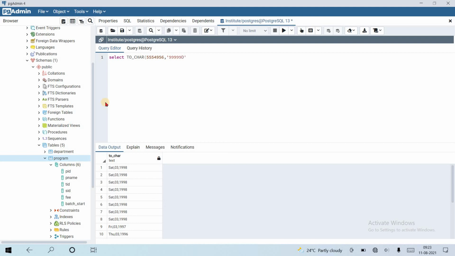D is used for decimal and 9 is used for numeric values. Suppose this is the format.